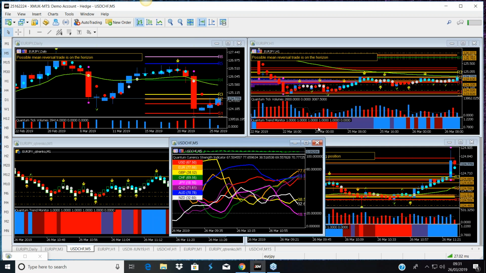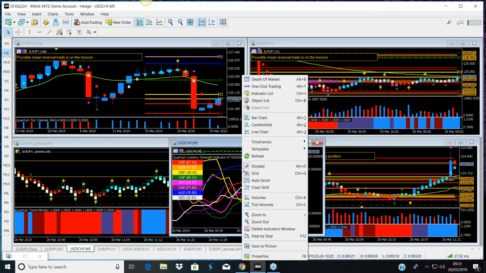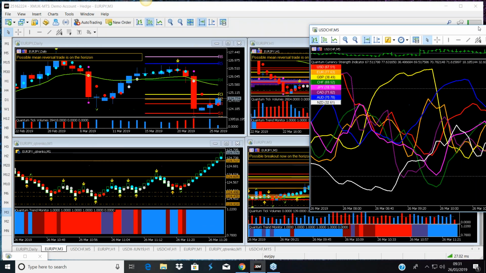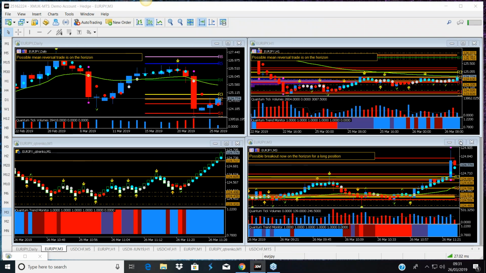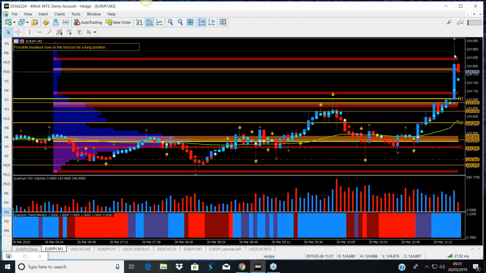So it could just be a pullback, because the currencies are reaching overbought and oversold. So is it any surprise we're seeing, as I said, a correction and a pullback? But the volatility candle tells us that that is what we can expect. It's knowing what to expect next which will help keep you calm and take away the emotion that is inevitably part of trading.